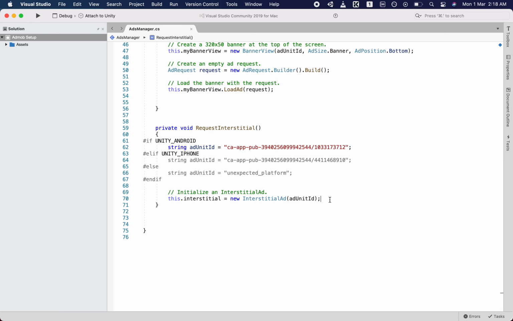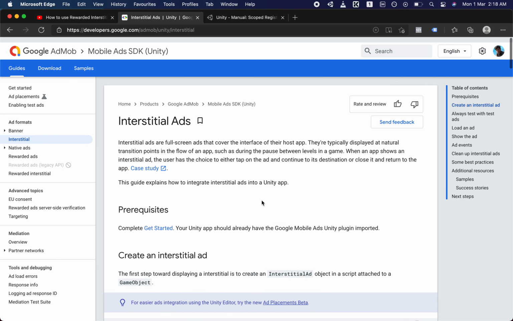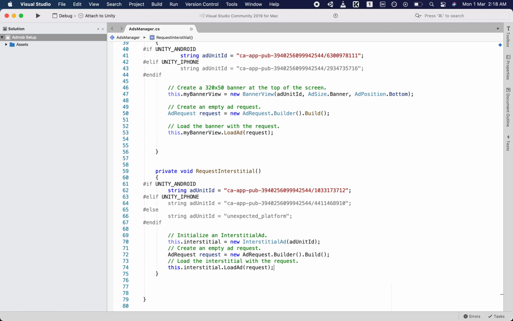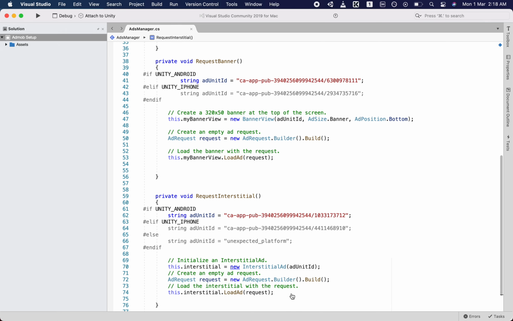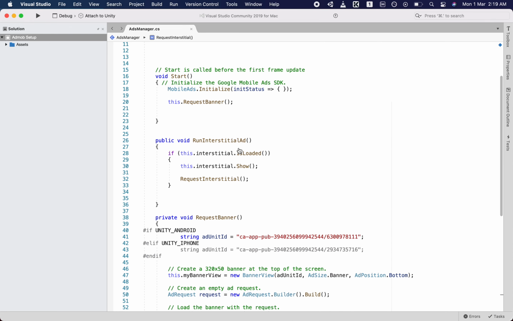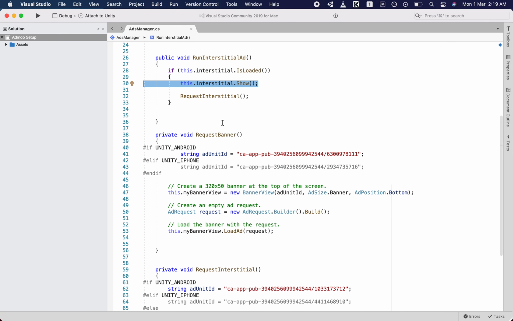That's why we are requesting it again here. Now, I believe we need to do this also, so let's do it. Then we are loading that ad and showing it here.